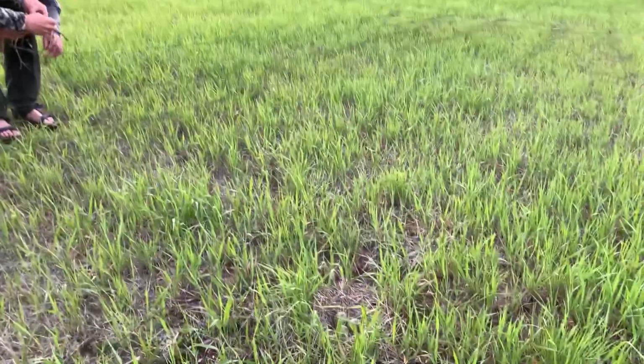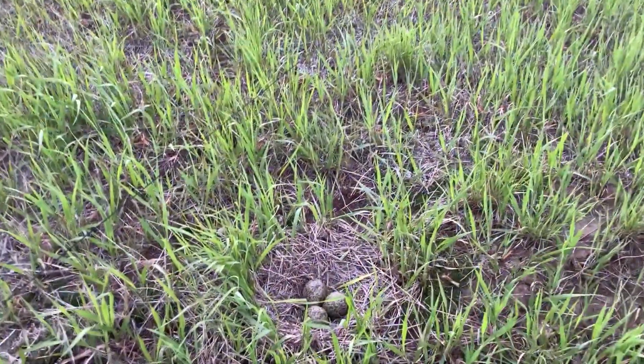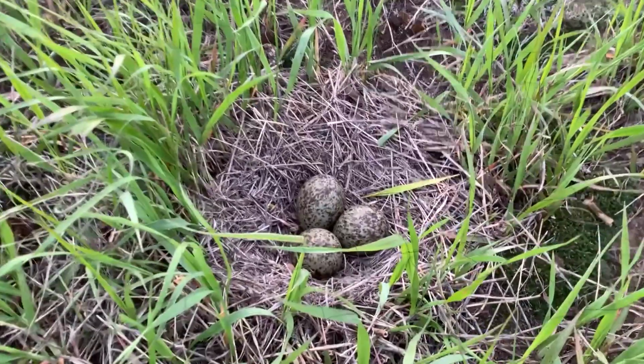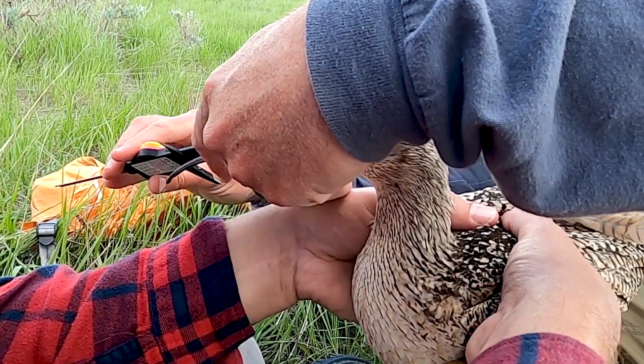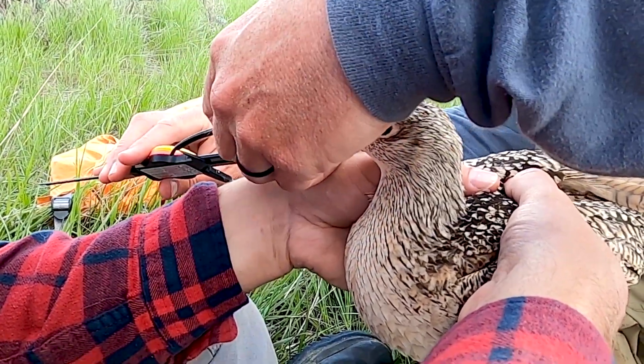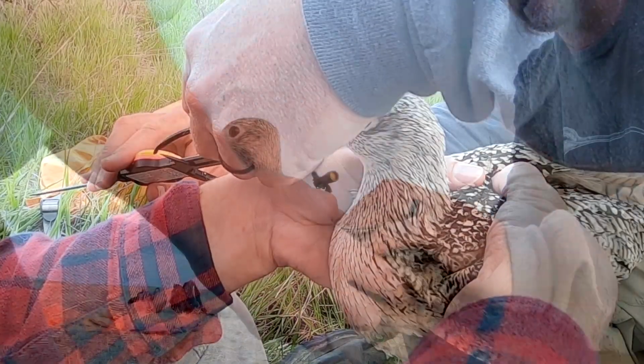As you're lowering the net, they jump up into the net. And so that's it. You capture them, detangle them as quickly as you can, and then move usually at least 200 meters away from the nest to be able to do all the processing and putting a band on the bird, taking measurements, and then finally putting on a satellite